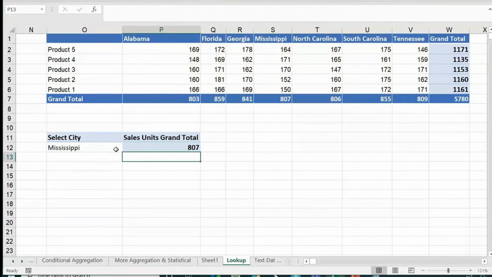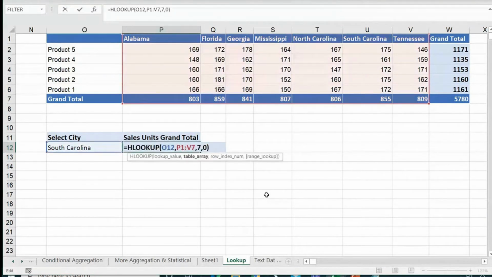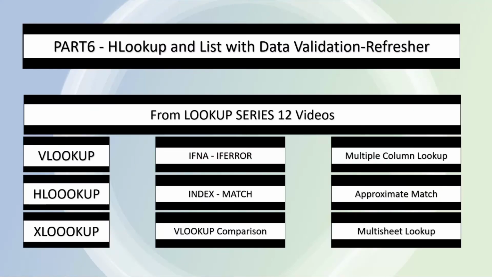Here you go. I'm able to do my horizontal lookup as well. So everywhere I'm able to get my information. So this is about the HLOOKUP, guys. Hope now you are aware of how you can use the HLOOKUP function of Excel to horizontally search and retrieve required information.